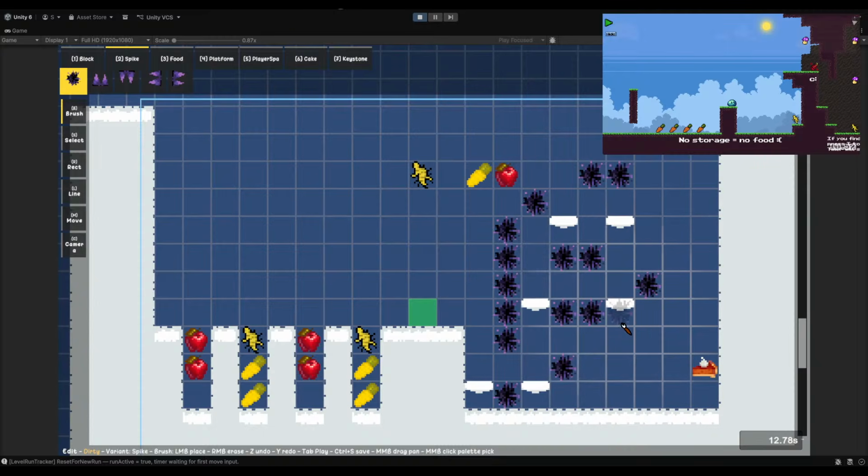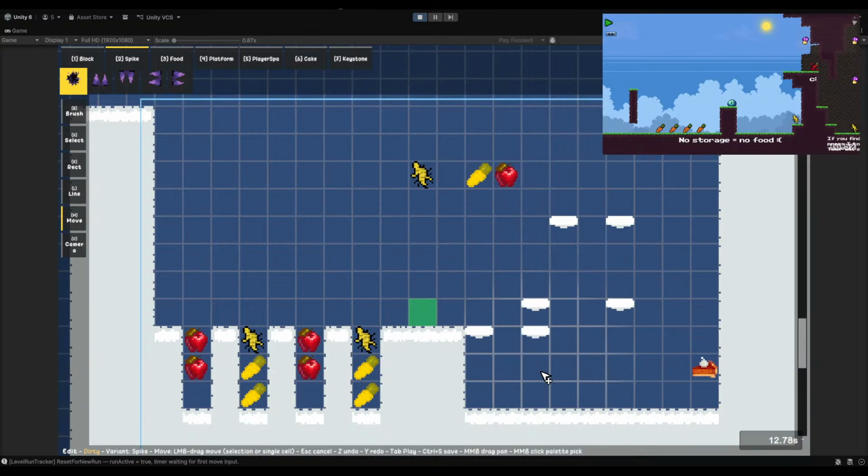So how do I... How should the player know that they need pear, then apple, or maybe apple, pear? I mean, it doesn't matter either way. Something for them to know.